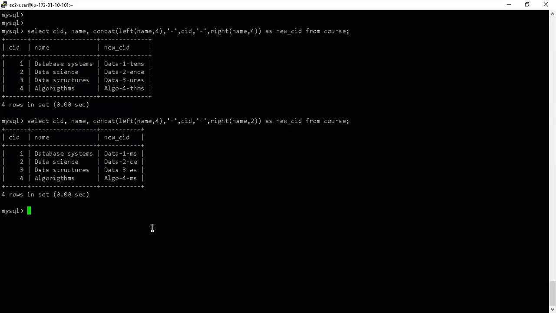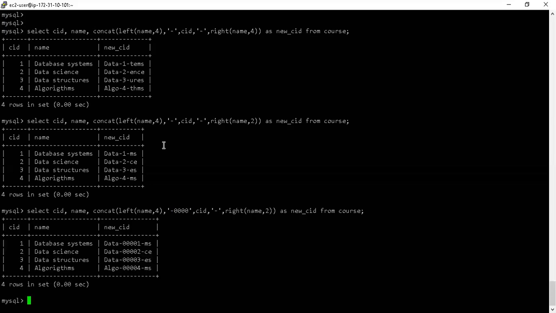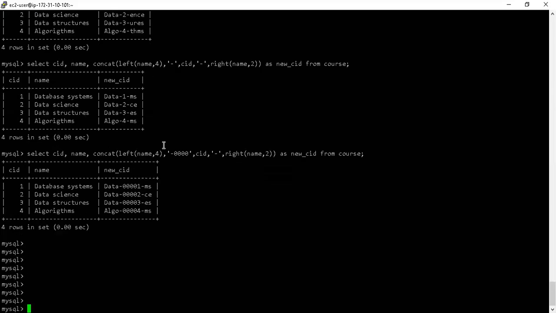Or maybe tomorrow I can also change this and reorder things. I can put this 1, 2, 3, and 4 at the end and so on. So that's the kind of task that we can do using functions like left and right. Left is taking this many digits from the left side of my input, which in this case is the name column. And the right is taking this many digits from the right-hand side